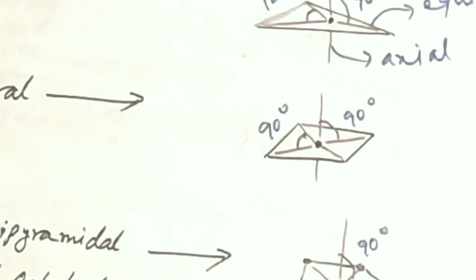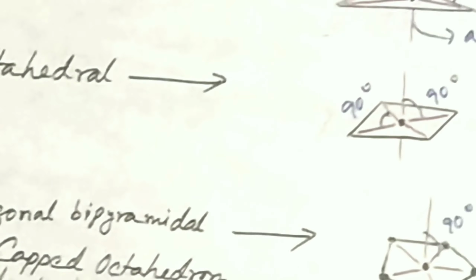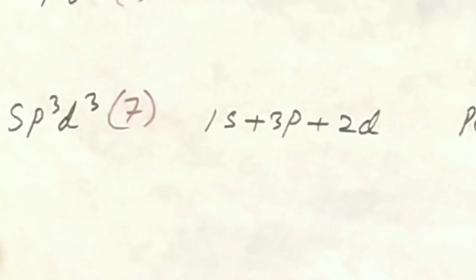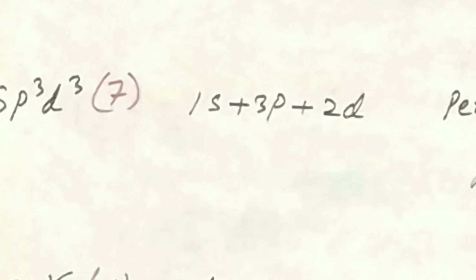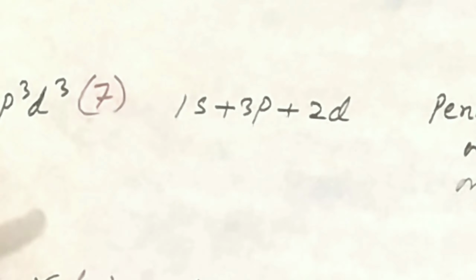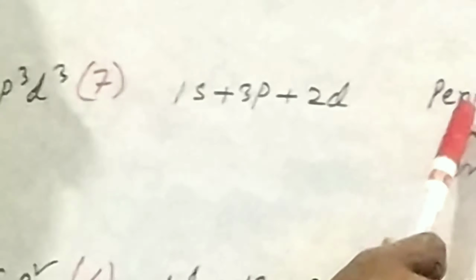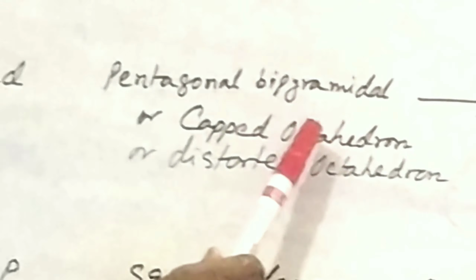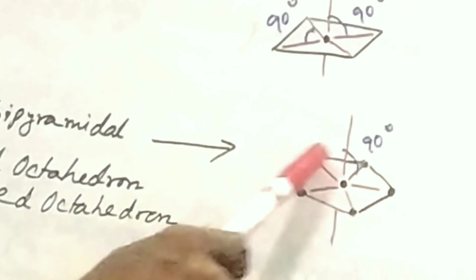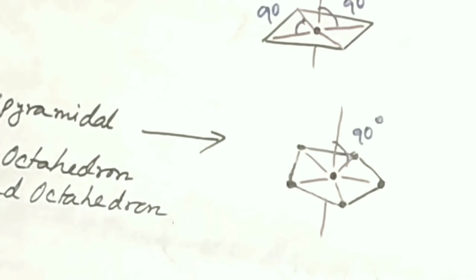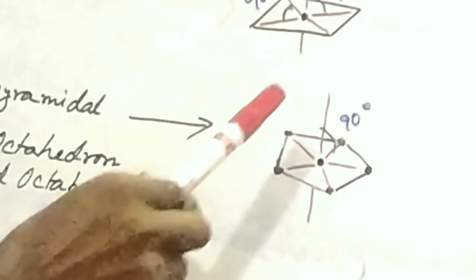Now, when 7 atomic orbitals, 1 s orbital, 3 p orbitals and 3 d orbitals, intermix with each other, they give rise to 7 equivalent orbitals, sp3d3 hybridized, and the structure may be pentagonal bipyramidal or capped octahedron or distorted octahedron. The picture is like this. You see a pentagon and 2 axial bonds above and below, and the bond angle between axial and equatorial bonds